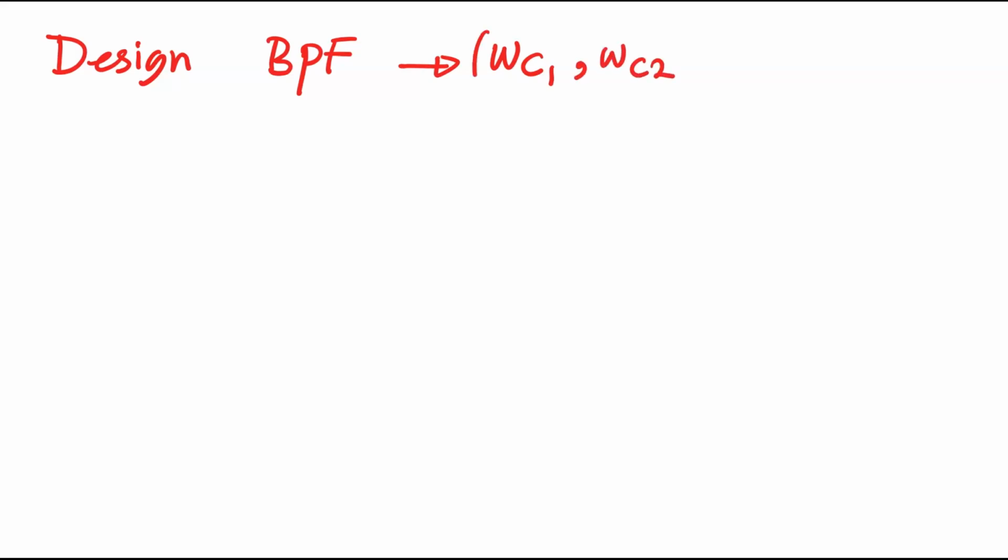Okay, now let's see how we can design a bandpass filter. So here we want to talk about designing a bandpass filter with cutoff frequencies equal to omega C1 and omega C2. In order to design a bandpass filter and making sure